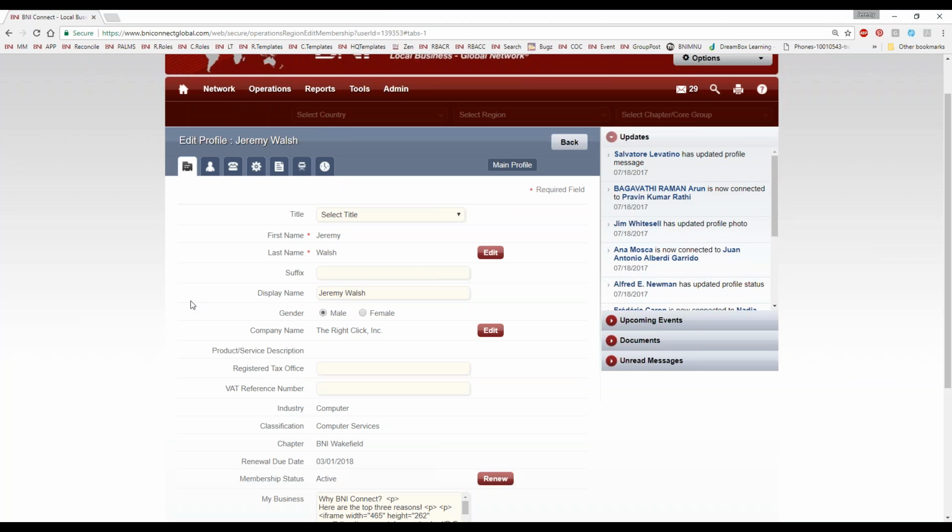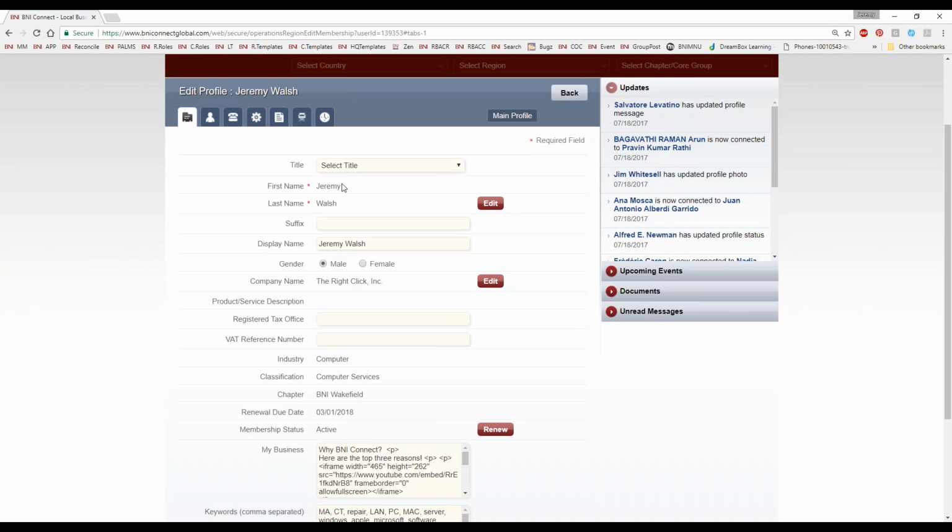Now, this first tab here is the main profile, and a lot of the stuff on this particular page is going to be read only, meaning that you can't change it. For example, your name. Most of the time you do have to request a change to your name. Now, the reason for having to request a change to your name and to your company name is because this is